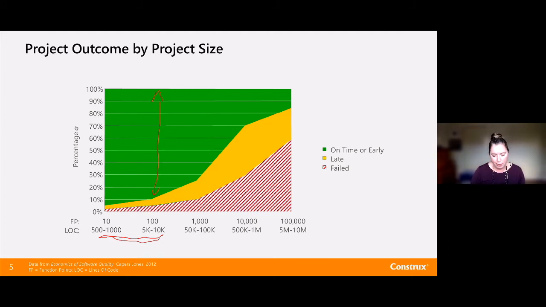But even as we start getting into systems that most organizations would consider to be kind of large systems, in a system of about this size, we're starting to look at a completely different picture. Now here we're looking at a 30% probability that the system or solution is going to be delivered on time, and 70% odds that it's not.